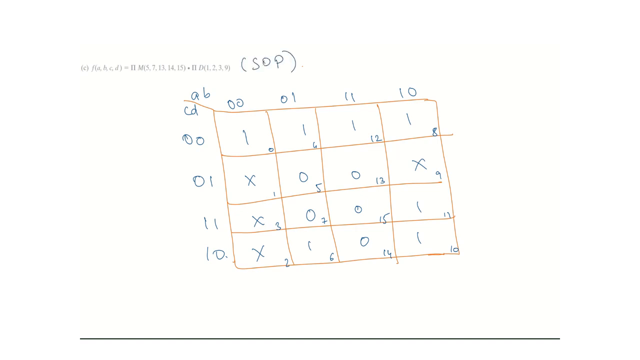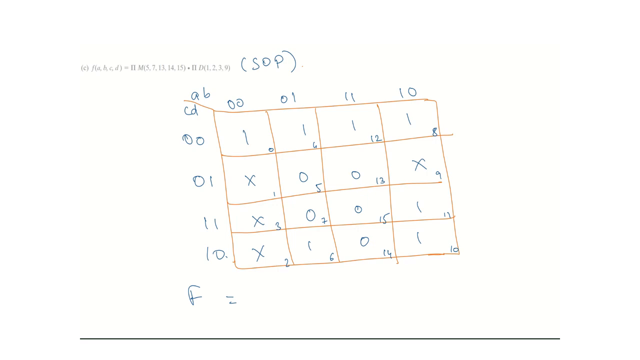So this function will become... so we'll have to group the ones. If we were asked to find POS, then we would group zeros. So let's group the ones, the bigger groups. Let's start to make a bigger group. And as we can see, for the biggest group I can use don't care as 0 or 1, whichever